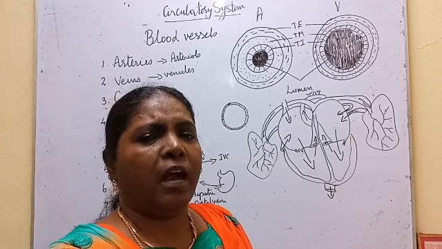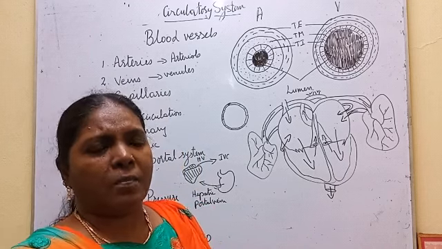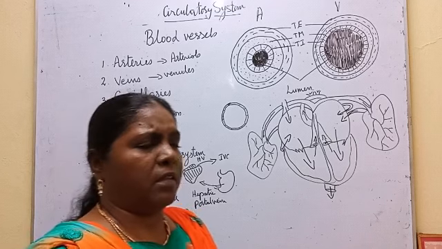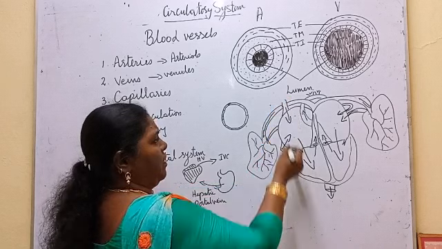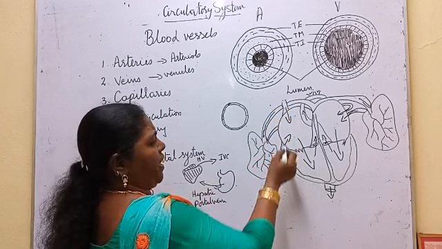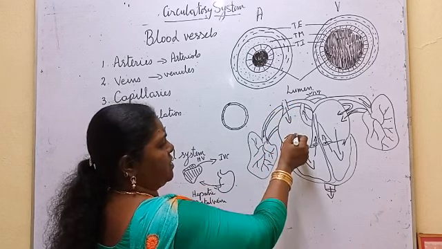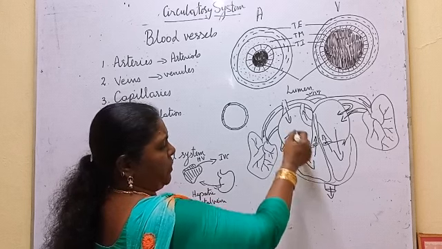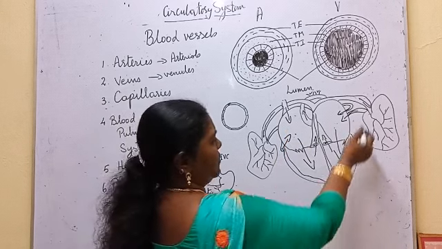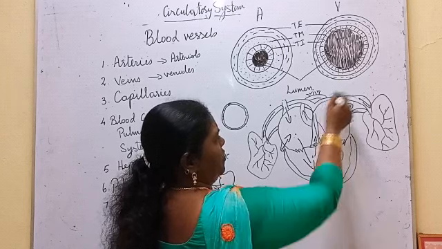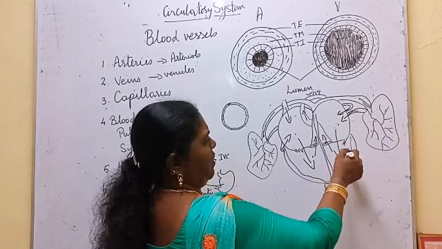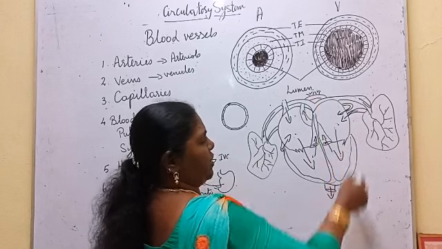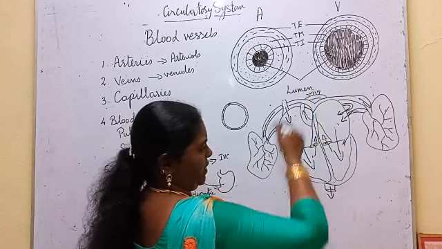They got oxygen. And as a metabolic waste, carbon dioxide is being produced, and this carbon dioxide will be collected by the vein, and the vein sends it through the superior vena cava and inferior vena cava. Again, it reaches this right auricle. From the right auricle to right ventricle, and right ventricle to lungs. From the lungs, oxygenated blood, left auricle, then left ventricle, aorta to the different parts. So it has been circulated.